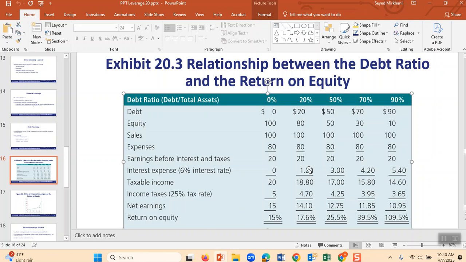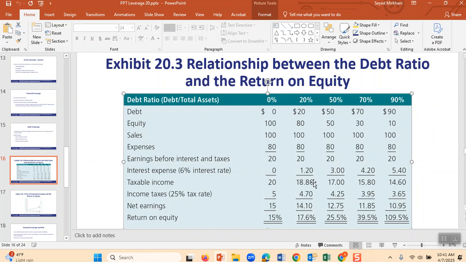But in the case of 20%, do you see interest of 6% of 20 is 1.2? That means you have to pay $1.20 to the bank. If you borrowed 50%, 6% of 50 is $3. The 70%, 6% of $70 is 4.2, and this is the last one.